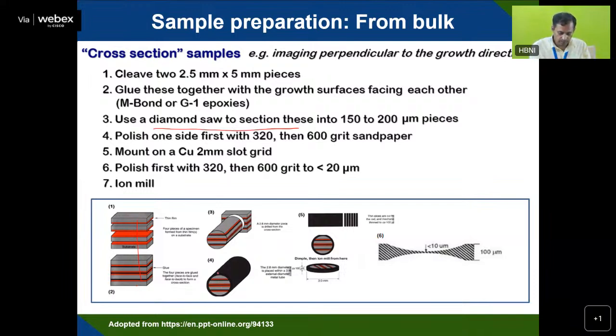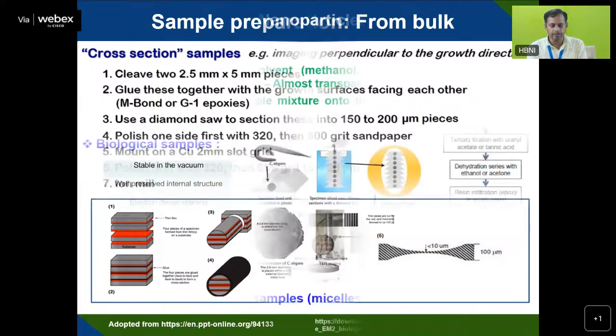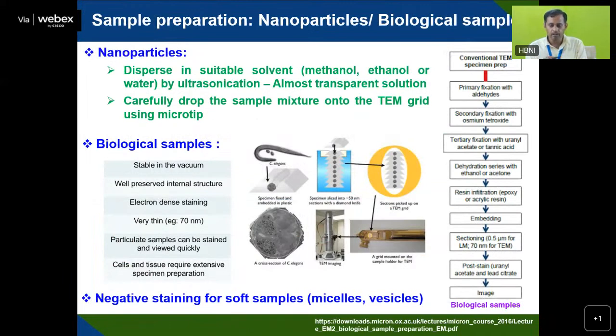You cut that particular cross section, and you will get this type of TEM grid. Then by ball milling, ion milling, you are able to get a very thin center, less than 10 micron. Then you can see that cross-sectional information and each layer's information by TEM. But if you have a nanoparticle or biological sample, in that case you have to use another technical way,